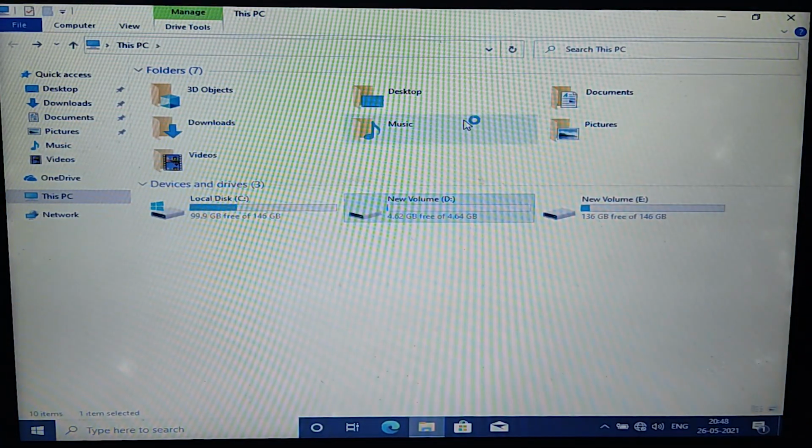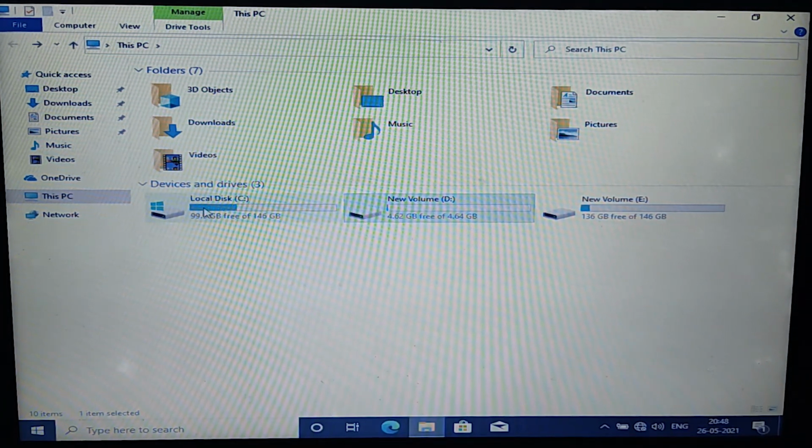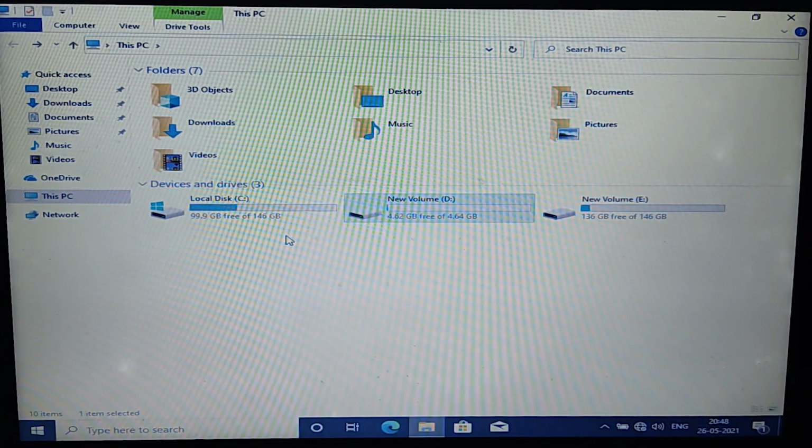We reinstalled the OS and we can see the local disk. Before it was 109 GB free, now 99 GB free, which means we reinstalled the operating system.